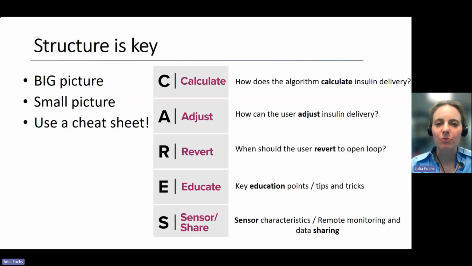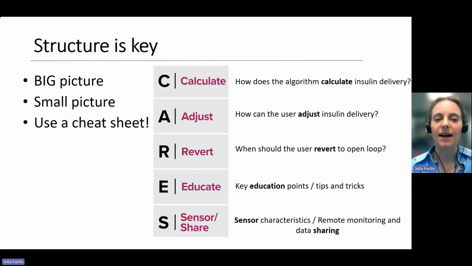In terms of the general approach to download review, I feel that structure is key. So if you have a system of how you look at the downloads, then that will really help you, regardless of which system it is that you're looking at. And I like to split that into the big picture and the small picture. And that's something that I adapted from the BDC Panther program, if you've heard of that in the